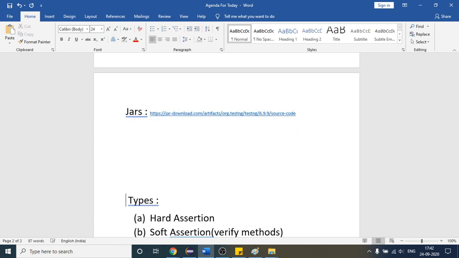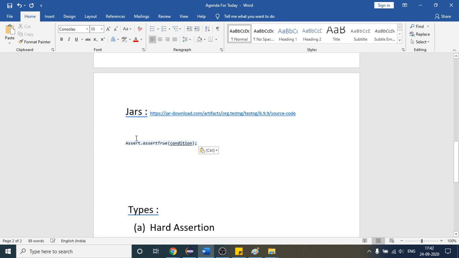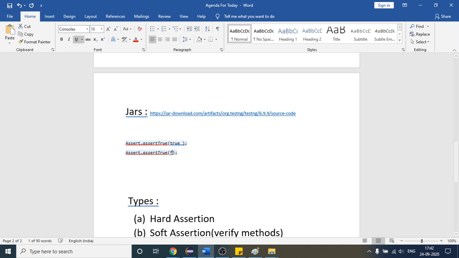As of now we are not discussing the type, just focus here. If I write it like this, if you provide true here, it will not throw the exception. But if you provide false inside that method, this time you are providing false, then it will throw one exception.